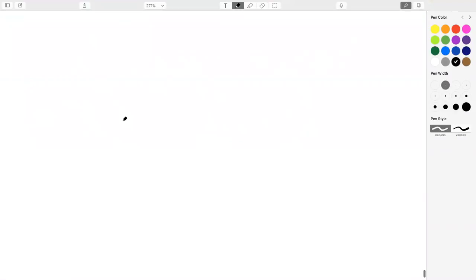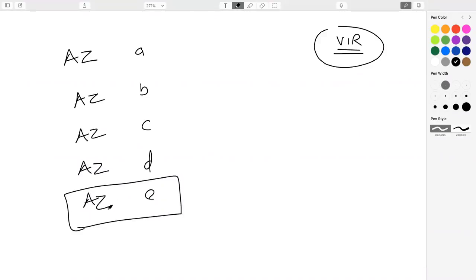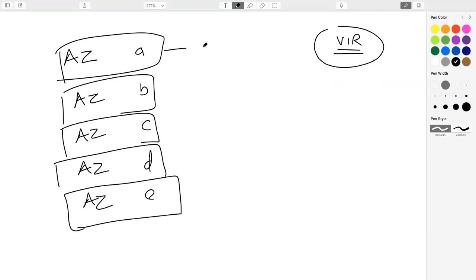So what I want to be able to do is, as I said the last time, we have this Virginia region. And in that Virginia region, you get multiple availability zones. You have A, B, C, D, and E. At least these are the visible availability zones to make a highly available infrastructure. So basically these are independent buildings somewhere in the state of Virginia, Northern Virginia to be specific. There are these multiple buildings, and every one of us is allocated 5, A, B, C, D, and E. There are probably more than 5 buildings,